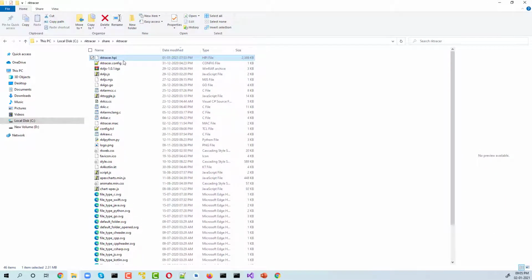The first step is to integrate the ArchiTracer plugin with Jenkins. This is the plugin that comes with the ArchiTracer installer, architracer.hpi.